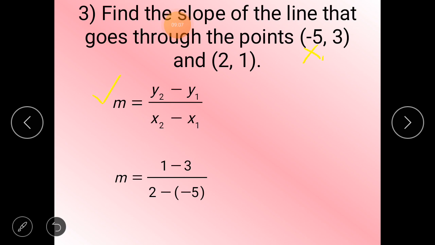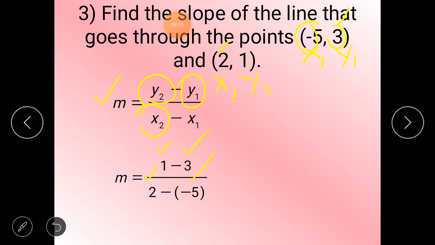This will be x sub 1, y sub 1. This will be x sub 2, y sub 2. So y sub 2 is 1, y sub 1 is 3, x sub 2 is 2, and x sub 1